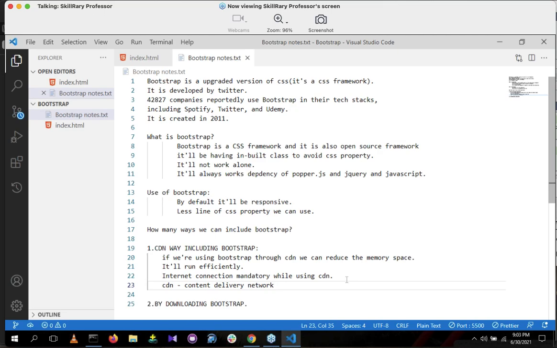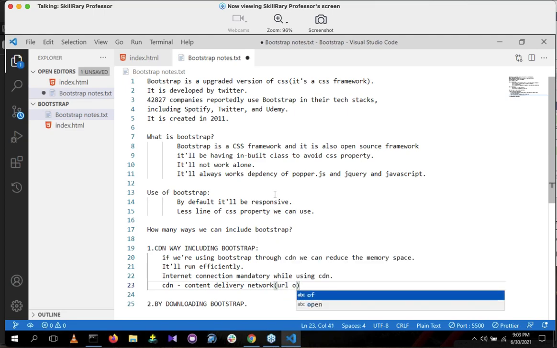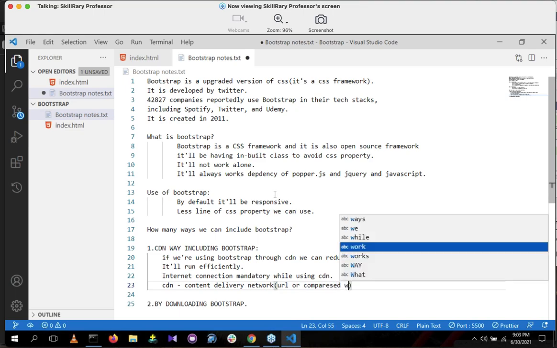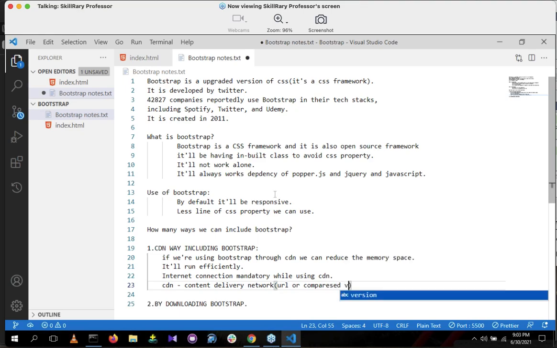That is nothing but a URL, a compressed version of the technology.